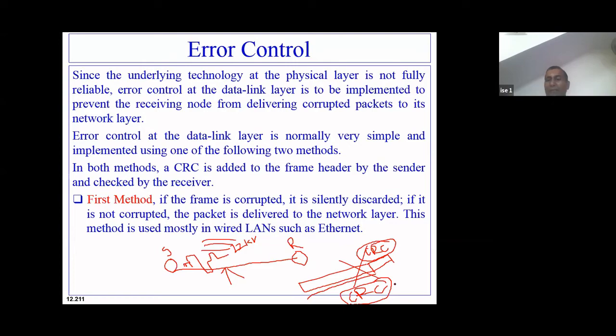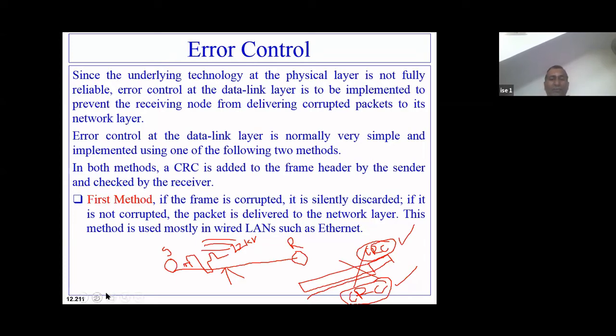But if the calculated CRC is exactly equal to the CRC received in the frame, the entire data is accepted by this router for sending to the next router or end host.